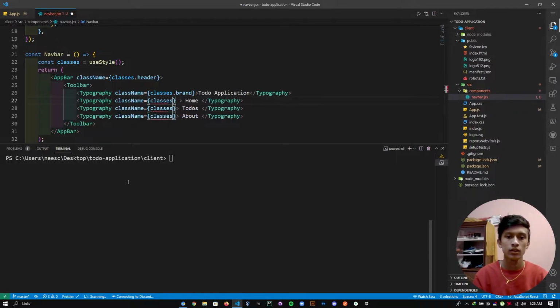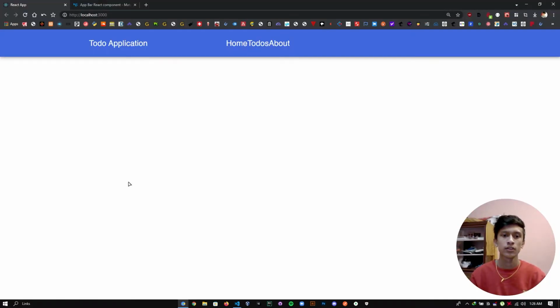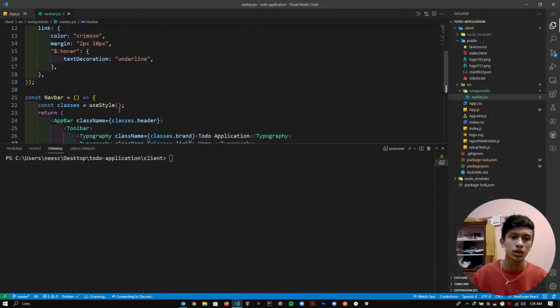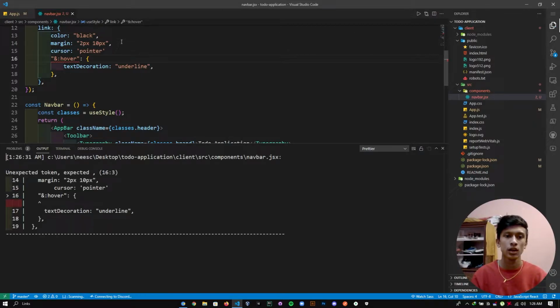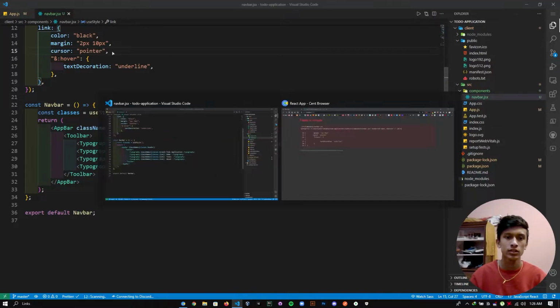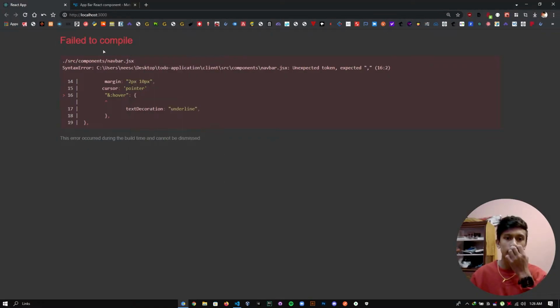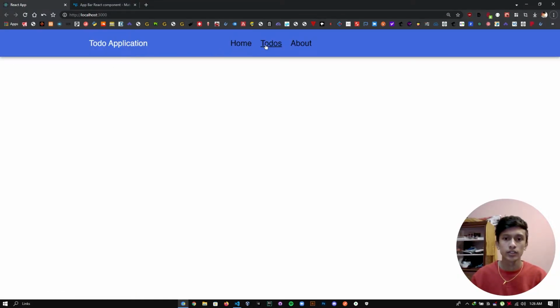Okay, so let's give the class name of that link. Let's save, and after I save, you can see I can hover that, but you need to make the cursor pointer here, so cursor pointer. And I don't like this crimson color, let's make it black. Let's see how it looks, but I get an error because I need to add a comma here. Okay, so let's save and go to the React app, reload this,